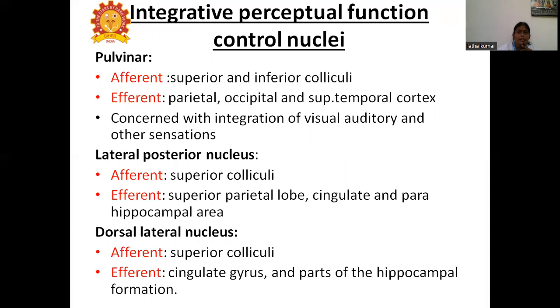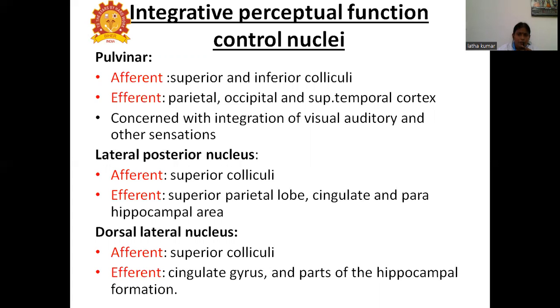So next one is the integrative perceptual function control nuclei. The nuclei that come under these are pulvinar, lateral posterior nucleus, and dorsal lateral nucleus. The pulvinar nucleus is mainly concerned with the integration of visual, auditory and other sensations. It receives the afferent impulses from the superior and inferior colliculi and sends the efferent fibers to parietal, occipital